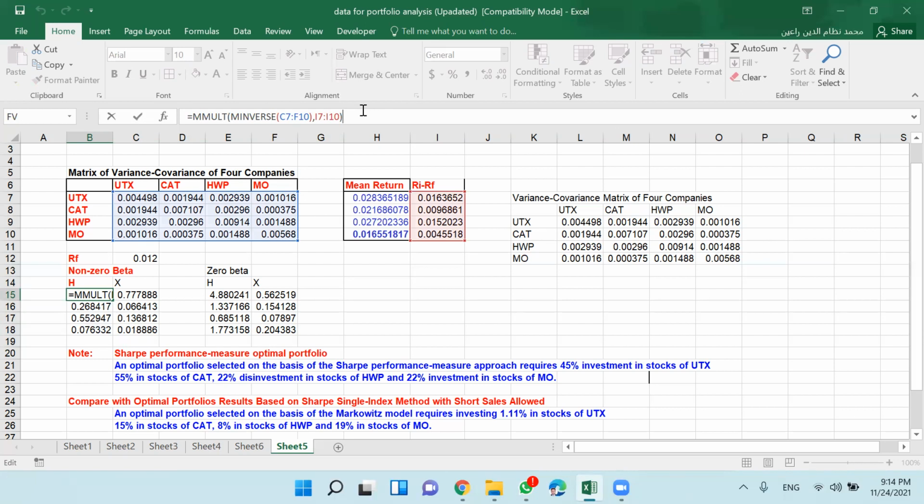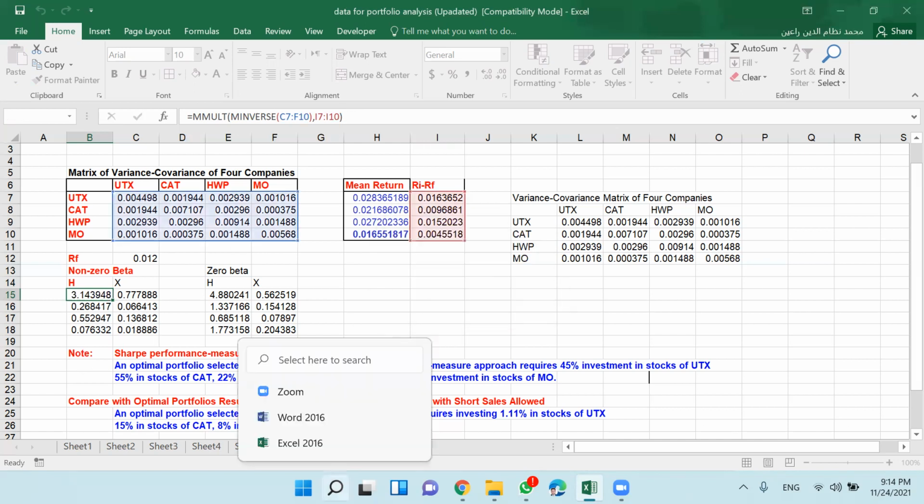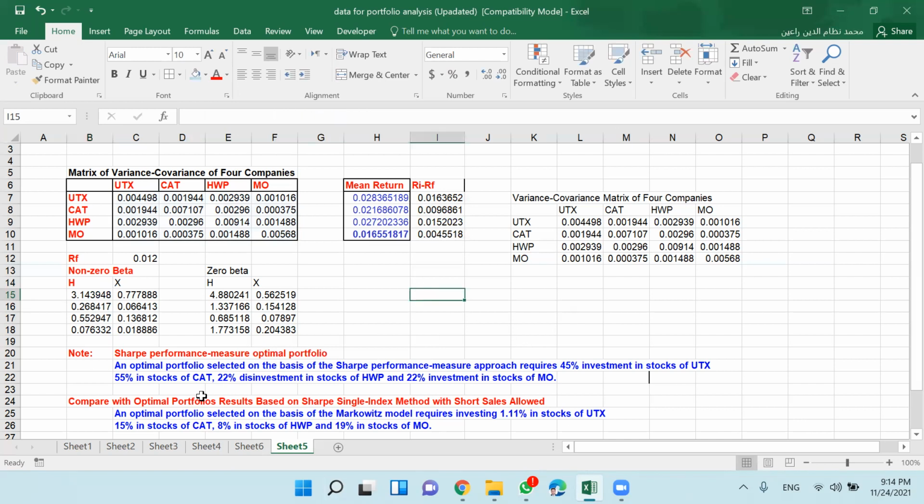So this solution is called the Sharpe Performance Measure Optimal Portfolio. So you select this 4 by 1 column vector. Okay, let me create here.